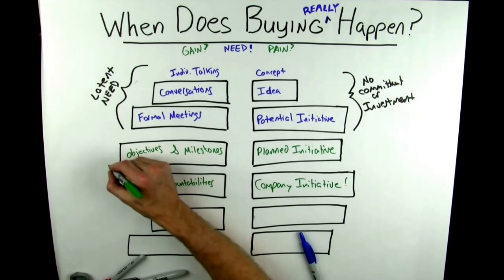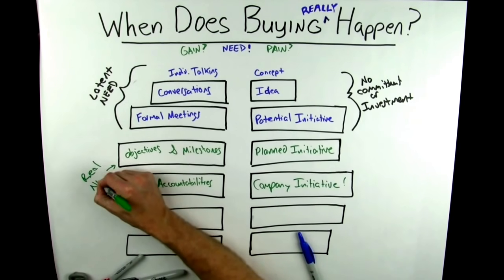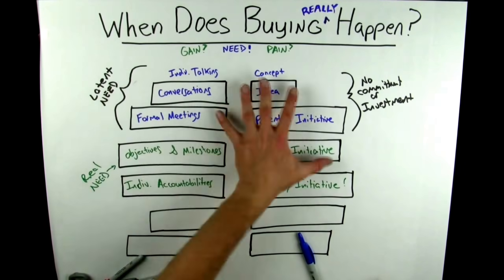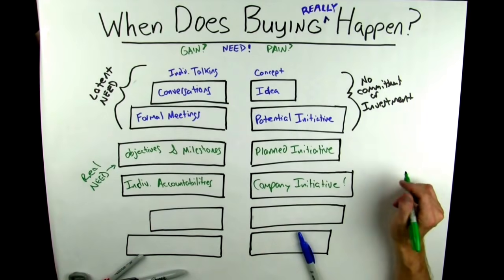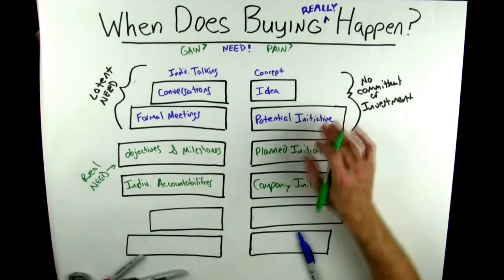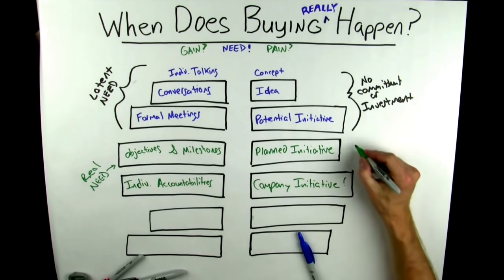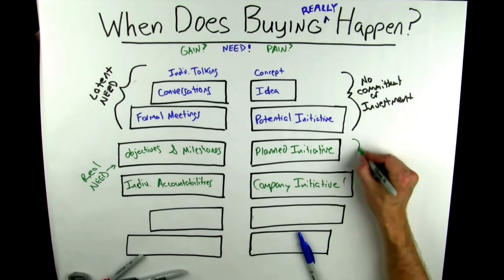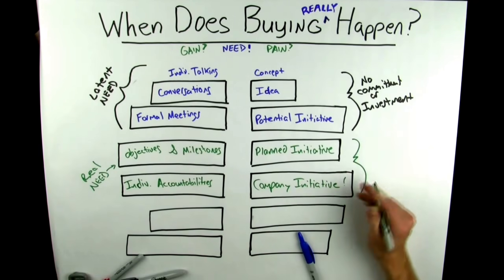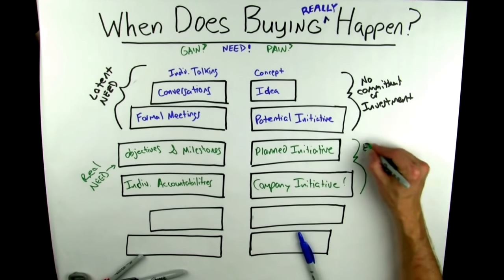What I would actually tell folks is real need starts here, right? This is latent need. It's great to be in the sales process up here, great to come in, but you're not really selling it. You're helping them develop ideas. This is where the real need is articulated, and these are wonderful places to enter the sales process. The problem is it may be too far along. Another vendor may have already come in. So I would say, enter here